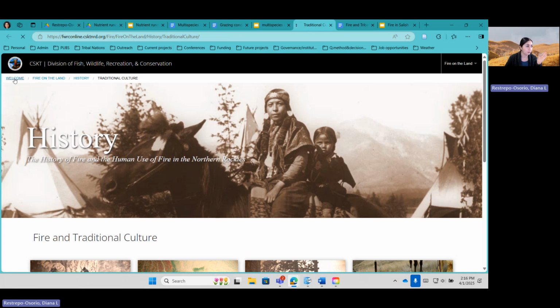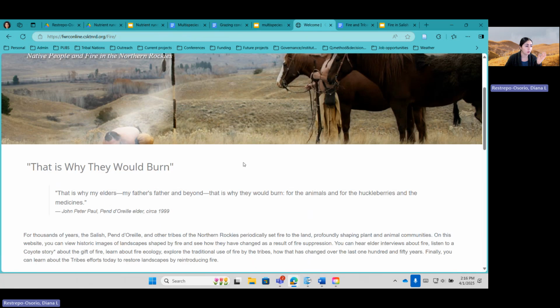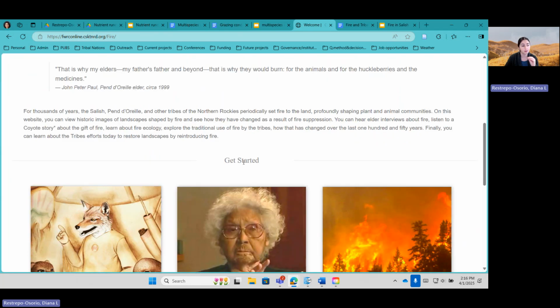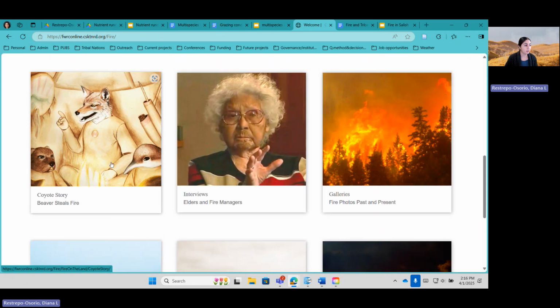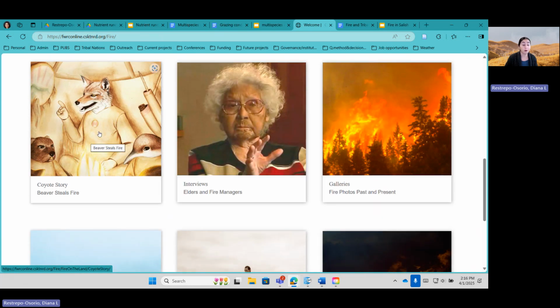If I go to the main page, I want to go over this very quickly so that you see what kind of resources and materials are available on this page, which is just incredible. They have a coyote's story about fire, and there is somebody actually telling the story and explaining it. I will say that it is recommended that this story is told during winter when there's still snow on the ground. So just trying to honor that